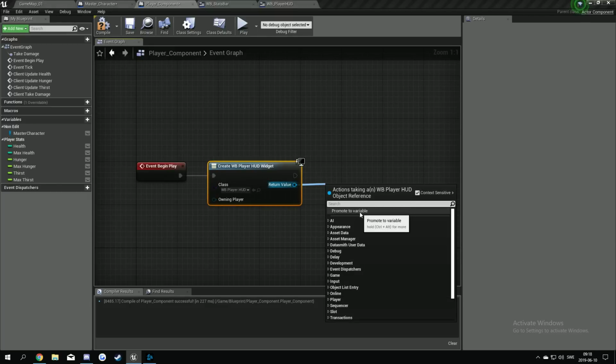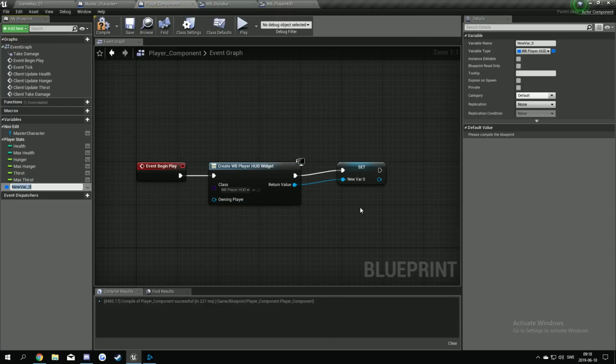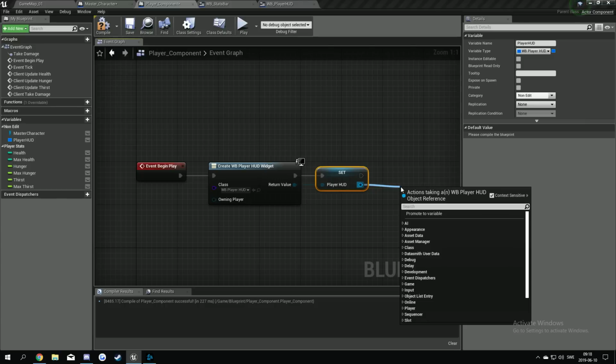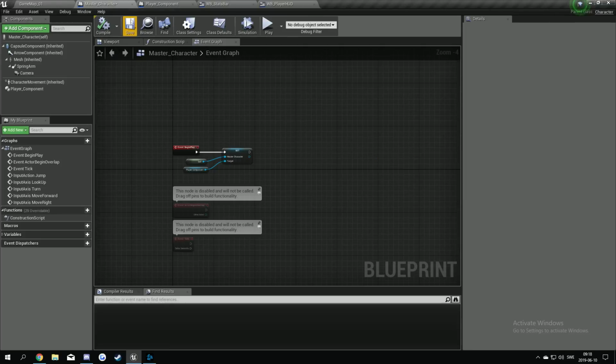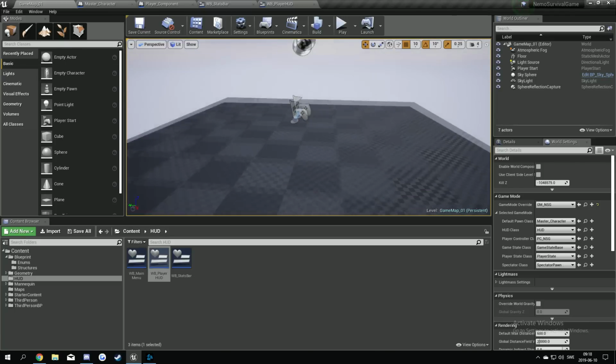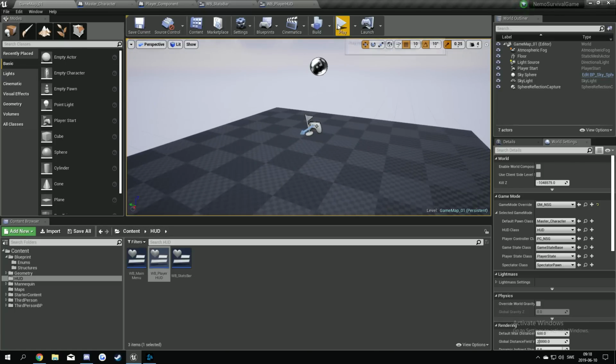I'm gonna do this, promote it to a variable, because we're gonna need it later. So playerHUD, like this. We're gonna put it in no edit. After here, I'm drawing out, add to viewport. Compile and save. Now, if we go back to our game map here, we should be able to play